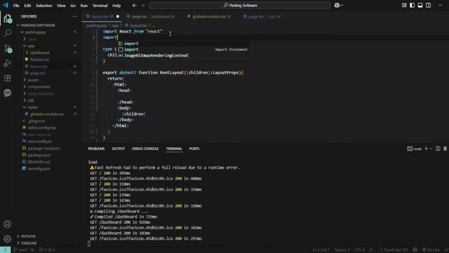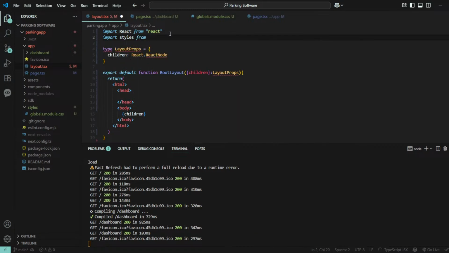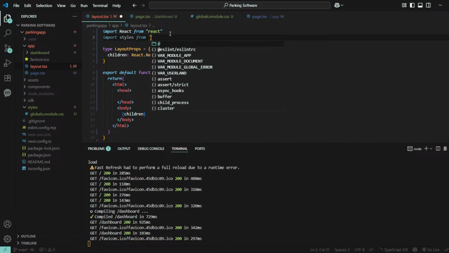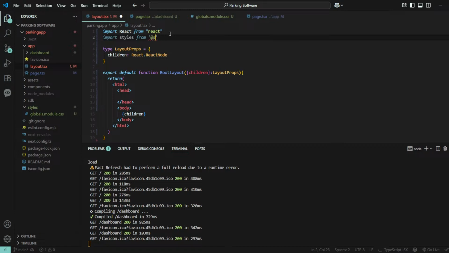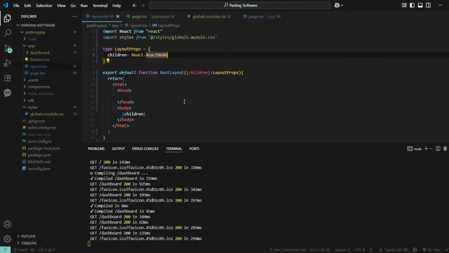Okay, import styles from styles global.module.css. Okay, now